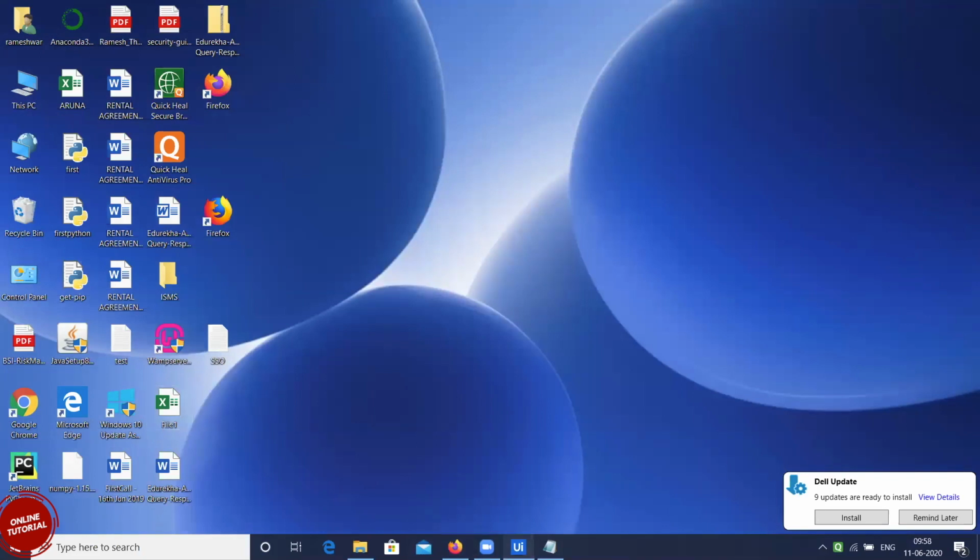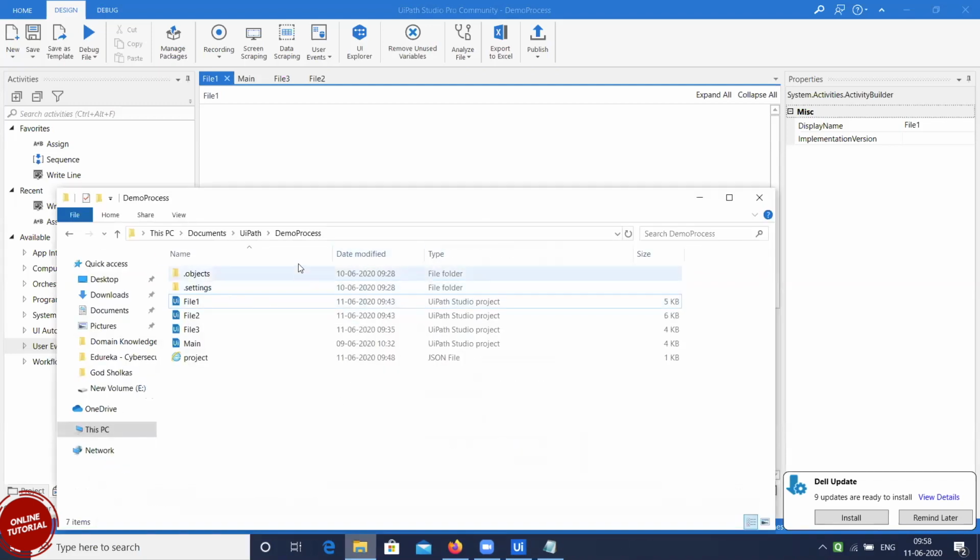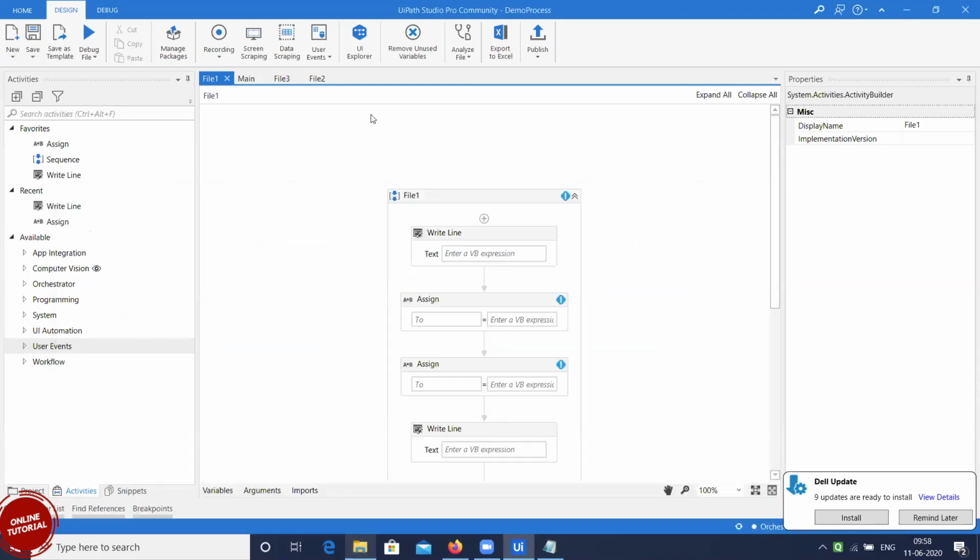Okay. So next what we have is Publish. So, once you finish designing everything, in the very first class I said that for all the rest of your environments, like QA, UAT, production, non-production, everywhere, you don't have to have Studio installed. People will only use Orchestrator. So to send your code from here to Orchestrator, you can't zip this and send it to Orchestrator. That is not possible. So once there are no errors, you simply click on Publish.